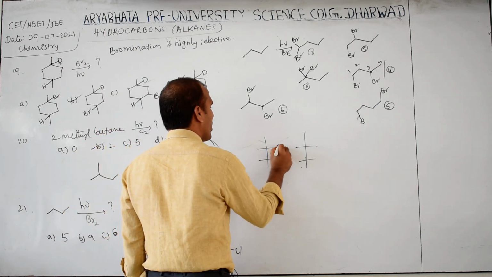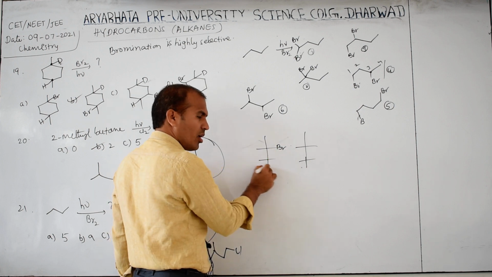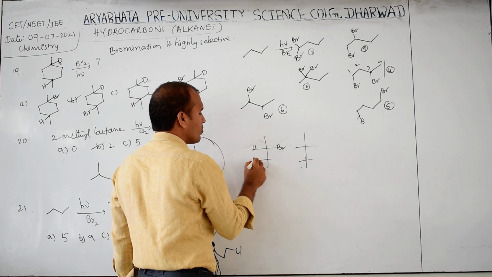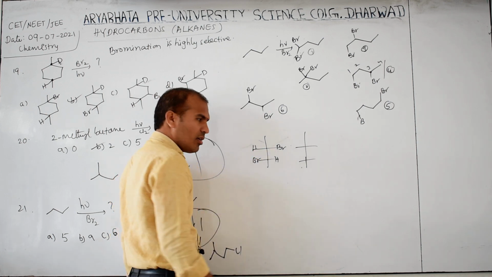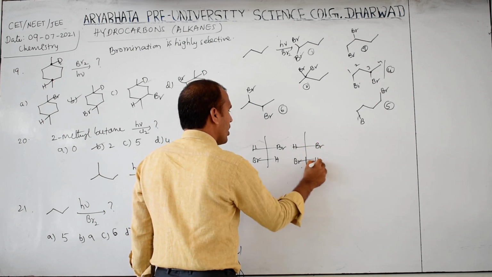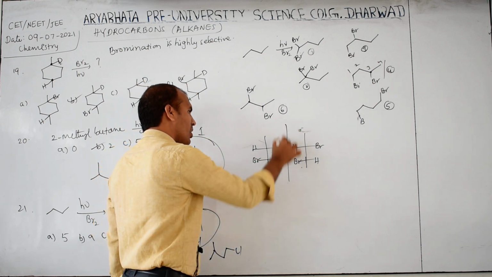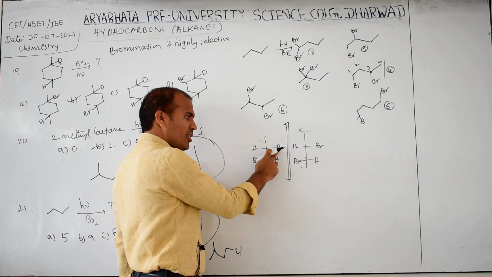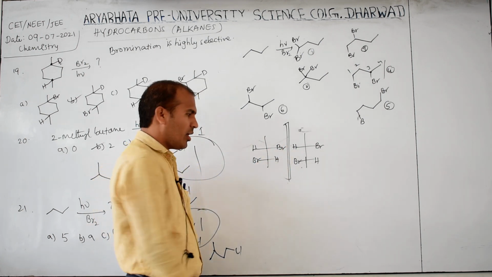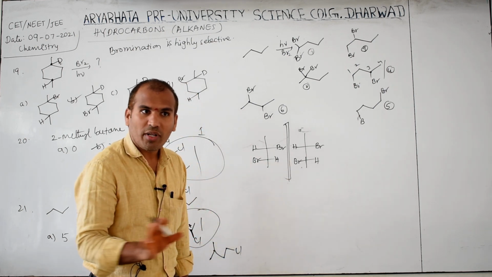Now I want to write bromine. How many carbons? 4: 1, 2, 3, 4. Here bromine hydrogen, bromine hydrogen. Like this we can write. Now, are these mirror images or not? If you observe in the mirror, where bromine is there, bromine should appear. But is bromine appearing here? No. Here hydrogen is there, but here bromine. So these are not mirror images.